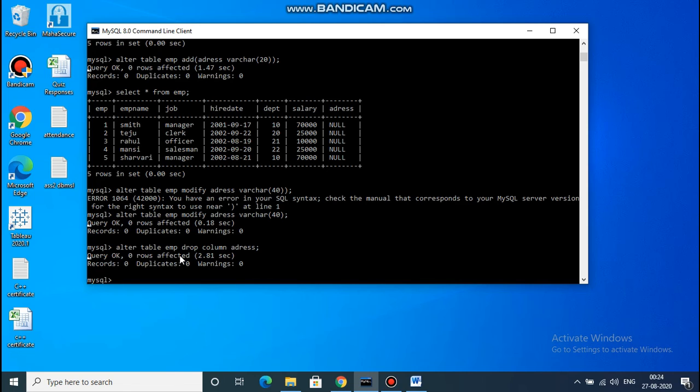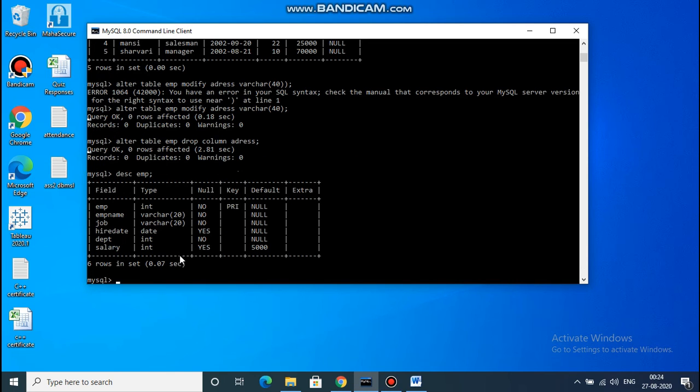Now how to check whether the column is dropped or not? By using DESC command. DESC means describe. DESC EMP. So you can see here these are the fields: EMP number, EMP name, job, hire date, department and salary.